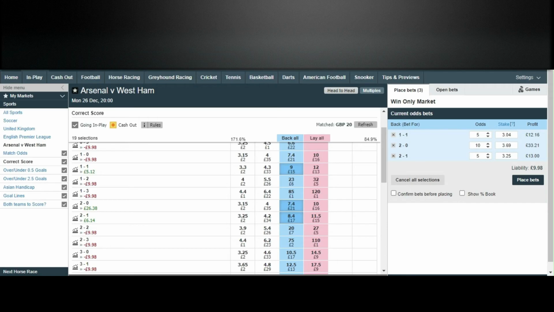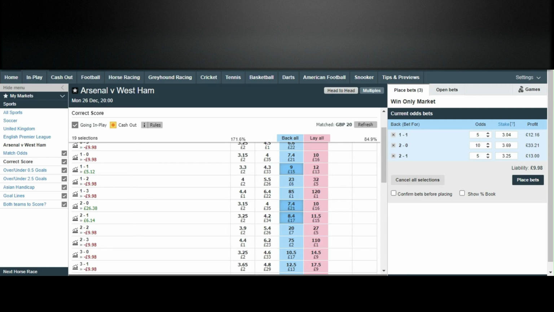I'm trying to do it so if you're thinking of getting into it, obviously these correct scores are a nice way of starting. Like I say, you can go on Flashscore. Best thing to do is go on Flashscore, see the head-to-head, have a look what the scores were the last time Arsenal and West Ham played. Obviously, it's not worth going back too far because things change, players change, situations. It's no good going all the way back to 2017 because it just won't make any difference. It only needs to be a few seasons. You can't go back too far.